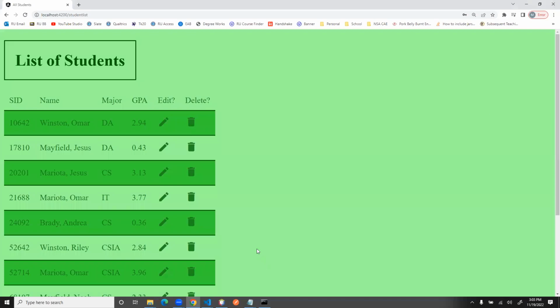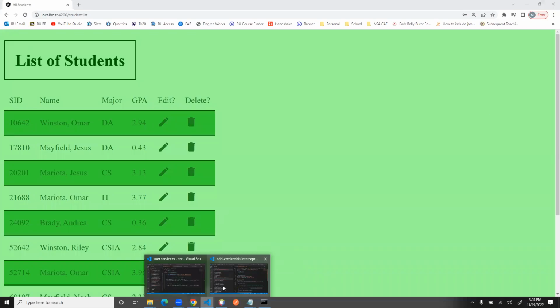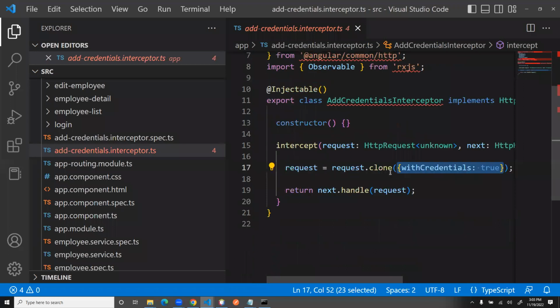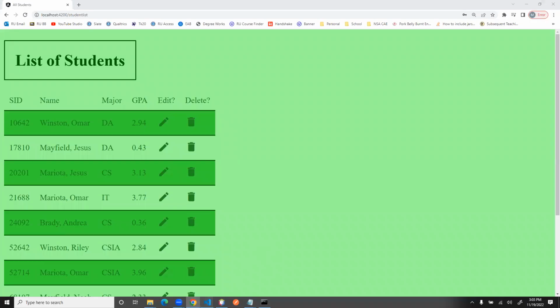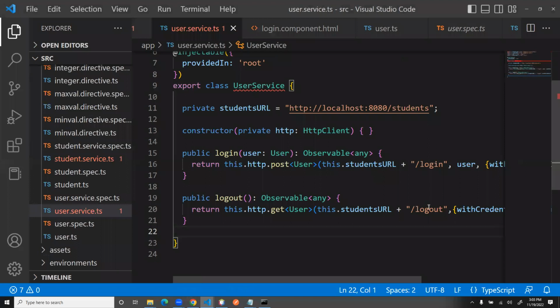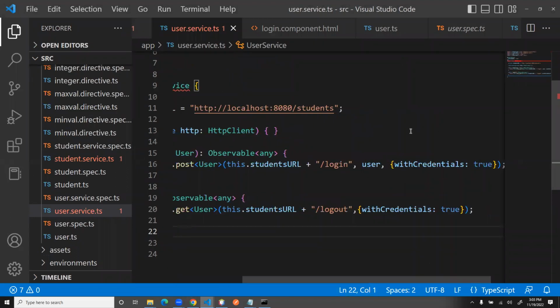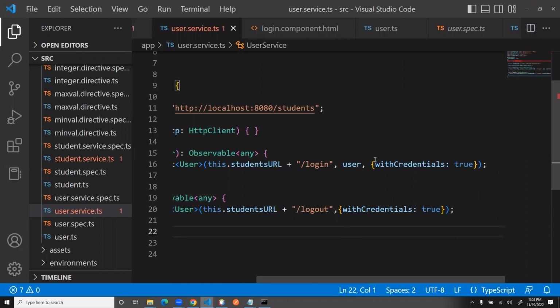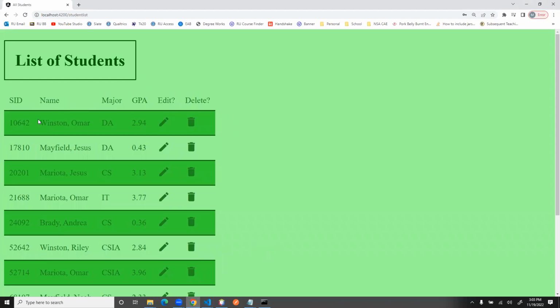Okay, yeah, here it is working. It's actually a minor fix. You just have to, excuse me, I'm opening the wrong thing. We'll fix it. We'll do that as well. You just have to add withCredentials to all of your commands. You just add a comma, add a colon, add curly braces with credentials, and it will send the credentials along, and